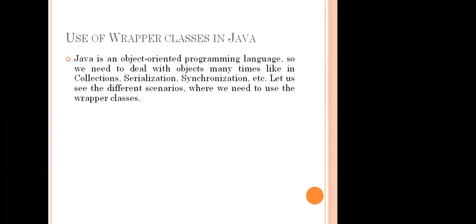Java is an object-oriented programming language. What is an object-oriented programming language? Why is it called object-oriented? Anyone? Why is Java called an object-oriented programming language? We can also say it is purely object-oriented, because we have C++ also and Java also, and we compare both. C++ is not a pure object-oriented language, but Java is. Why? Anyone?